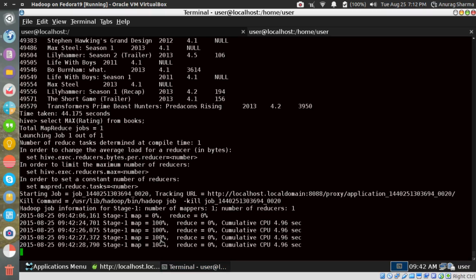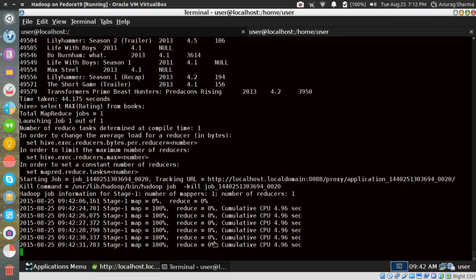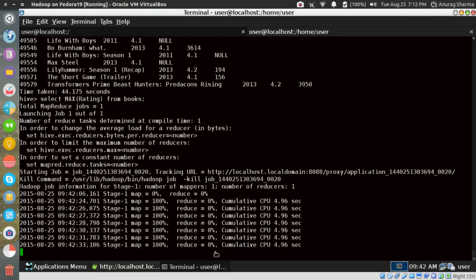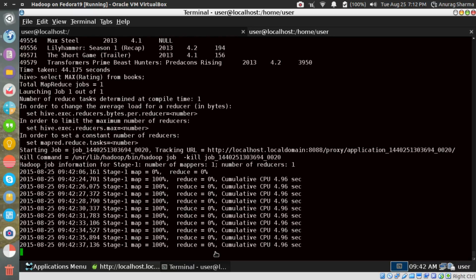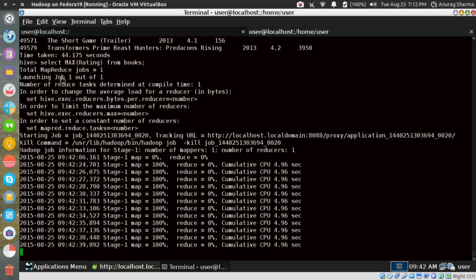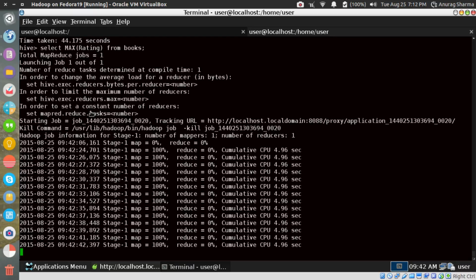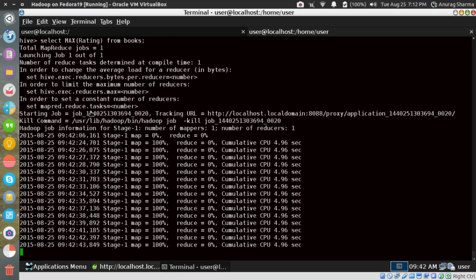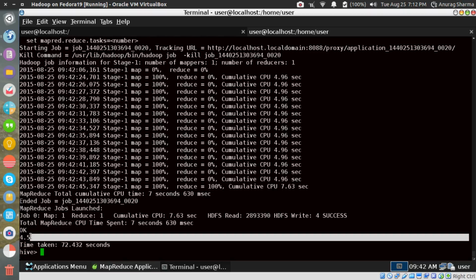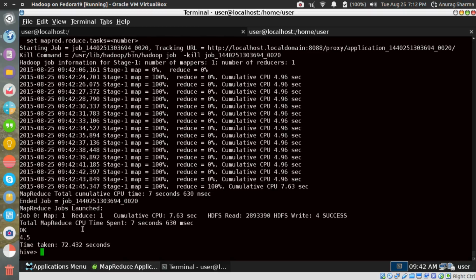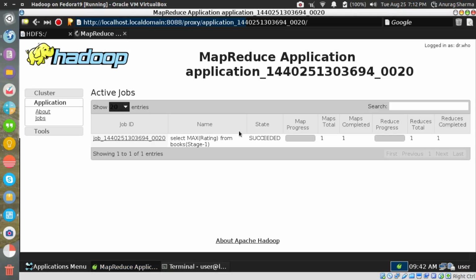So map is done 100%. We are waiting for the reduce stage to happen. Does the reduce stage even get triggered here? Yes, there would be a reduce stage. Okay, so 4.5 is your max. This is the UI for that particular job.